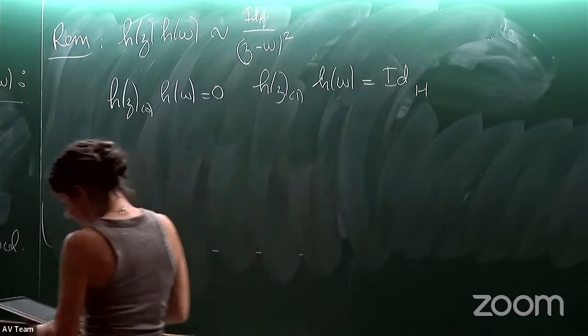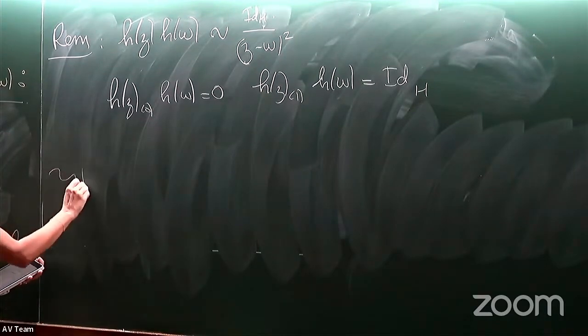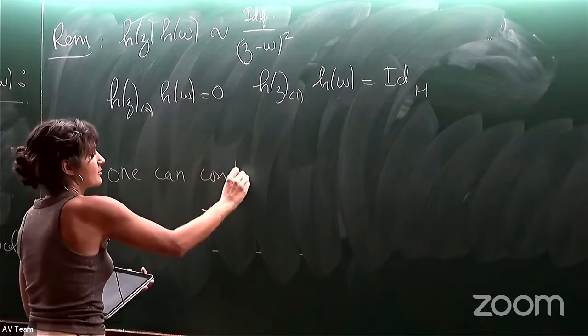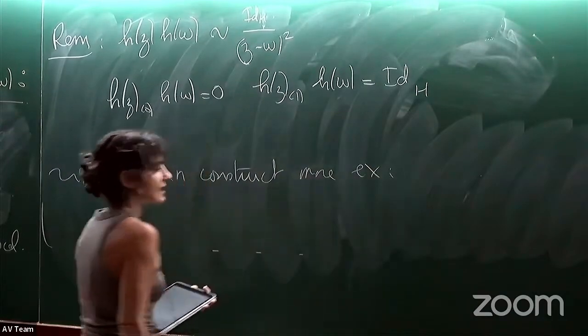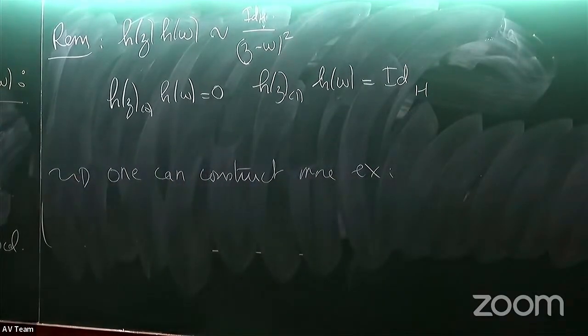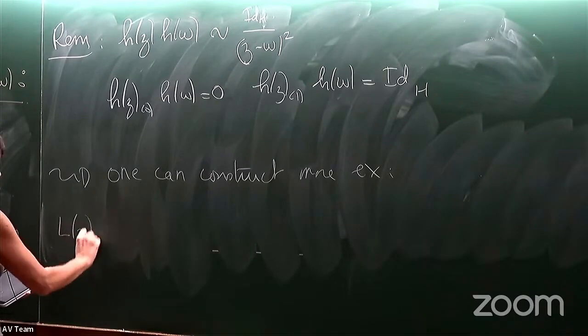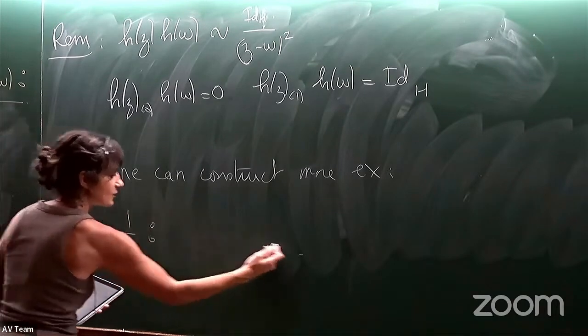All right. And now we can construct more examples from that one. So I will explain later. One can construct more examples. So I give the example and I will compute later. So for instance, let's consider LZ to be half of the normally ordered product